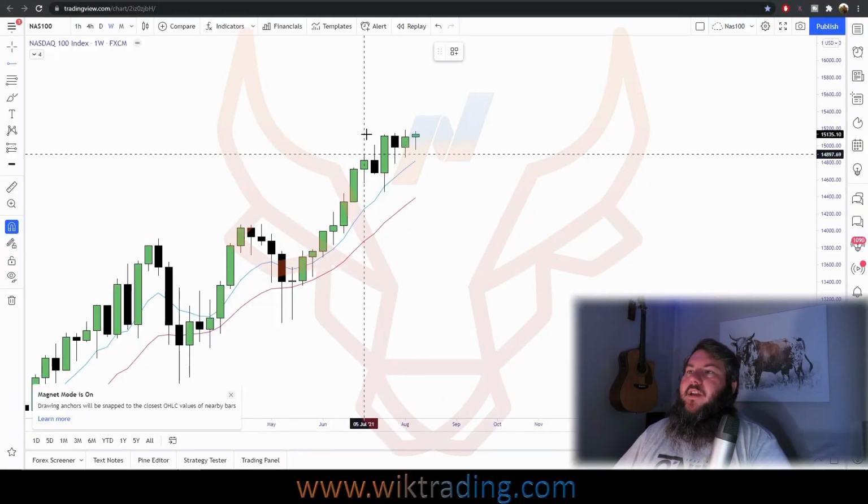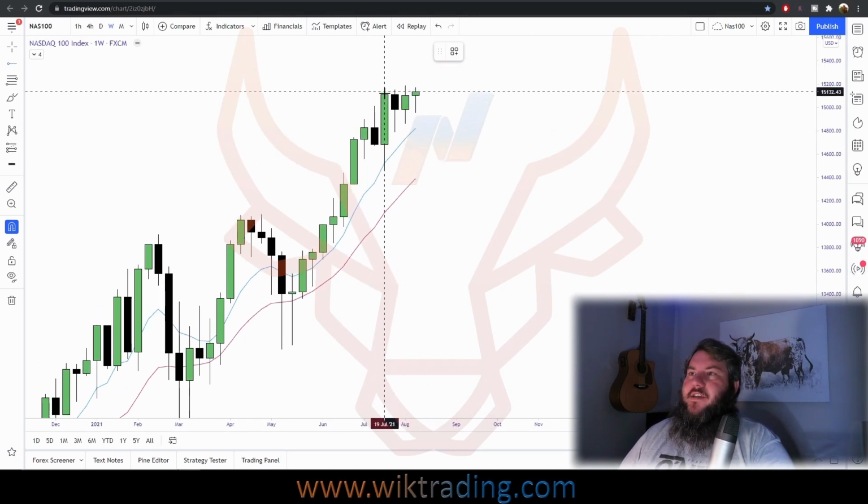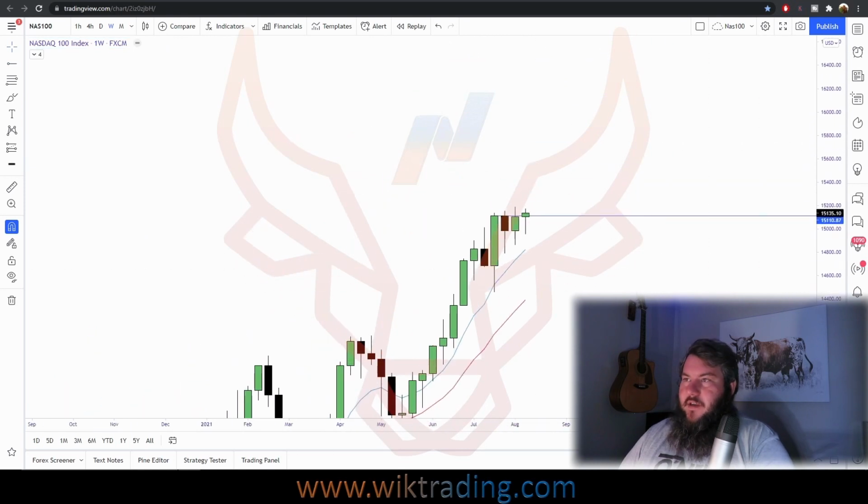So having a look at the weekly, we have broken out of the little consolidation zone, and I would almost call it a fear zone that the market created for us, and it seems like the market wants to continue bullish. So what I'm going to do is place this horizontal ray there